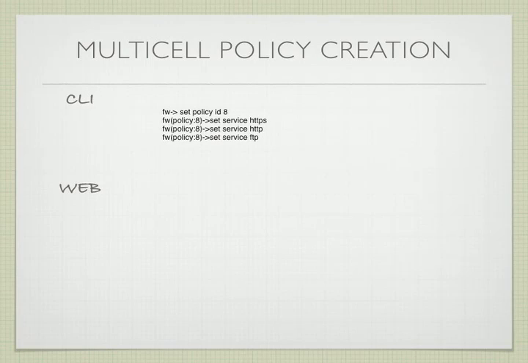So to do multiple policy selection, we get into the policy that you're going to be changing. In this case, we're going into policy ID 8, and of course you can get the IDs of your policies by doing your get policy list. And then you'll see the prompt changes here on the command line. So it shows us we are changing things within policy number 8 structure. And we can just go ahead and set multiple services, HTTPS, HTTP, and